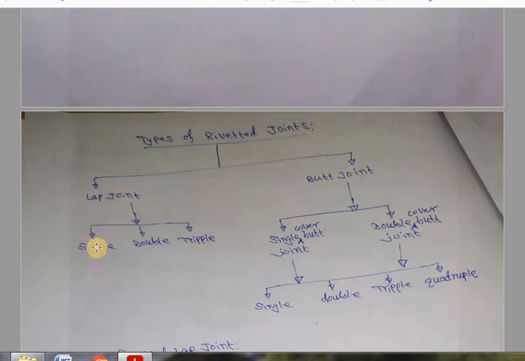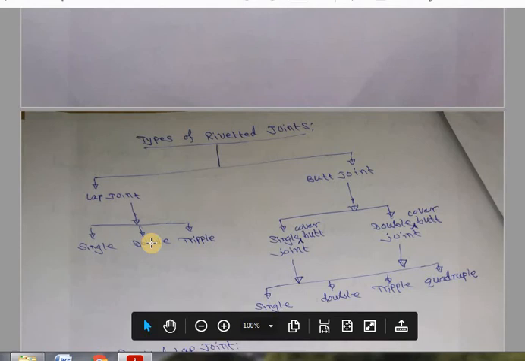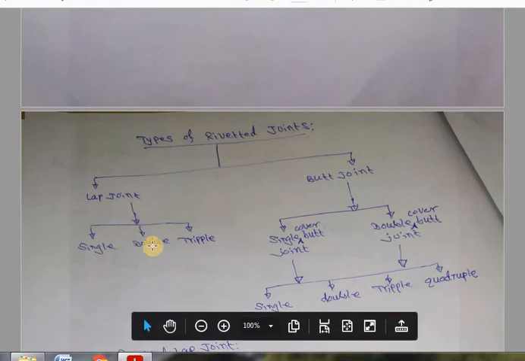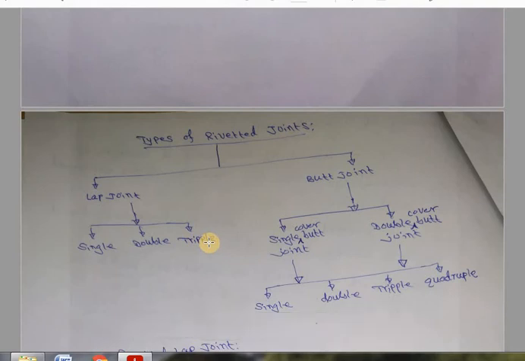In the lap joint, we again have single riveted lap joint, double riveted lap joint, triple riveted lap joint. These are the three varieties. It depends on how many rows of rivets you are going to use to form the joint. Suppose in a lap joint, one plate over the other plate, I have only one row of rivets. In every row, I may have many rivets, there can be 10, 20, or 100 rivets. If I use two rows of rivets, then it is called a double riveted lap joint. If I use 3 rows of rivets, it's called a triple riveted lap joint.